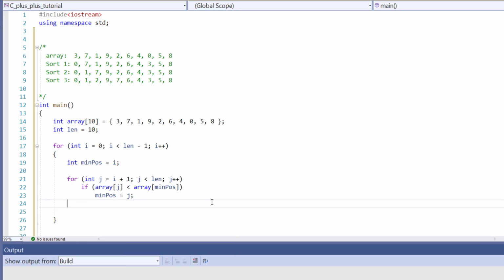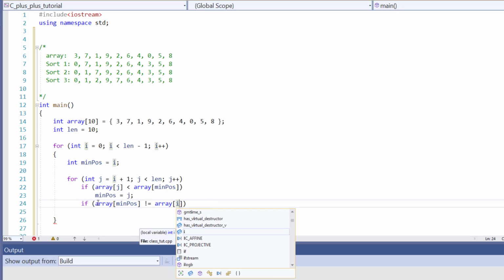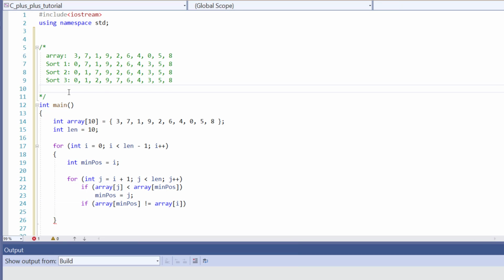When we find the min position, we want to create a swap. Now before we create the swap, we also want to do another check. So if array at min position not equals array i. What this line of code is doing is checking whether a swap needs to take place. Let's copy this line and bring it here. So this is going to be sort